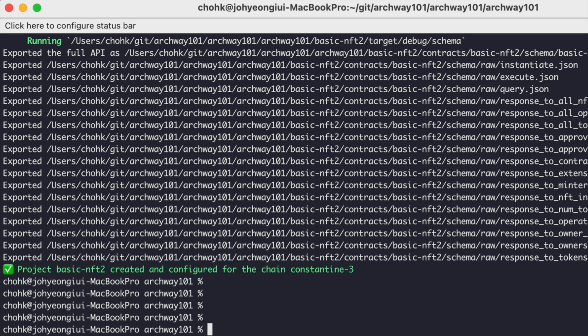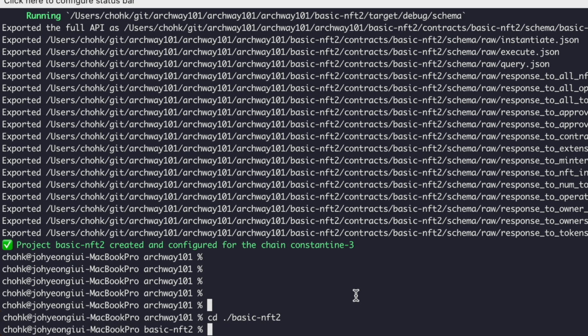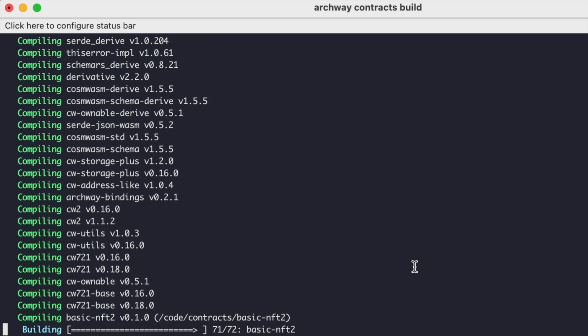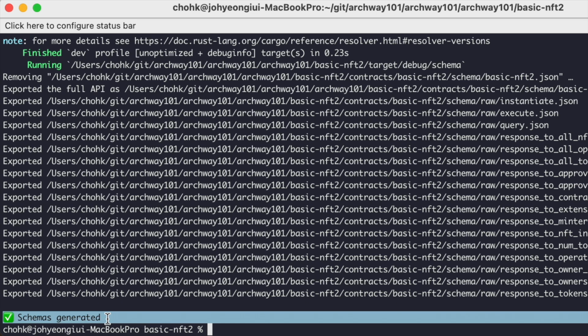Our next step is to deploy the token contract. First, we will need to produce an optimized WASM build and upload it to the blockchain. Optimized builds are produced by executing the Archway contracts build command like this. Archway contracts build. So if you complete this process, you might see schemas generated typings here. And also make sure you turn on Docker before using this, because if you don't run Docker, you will